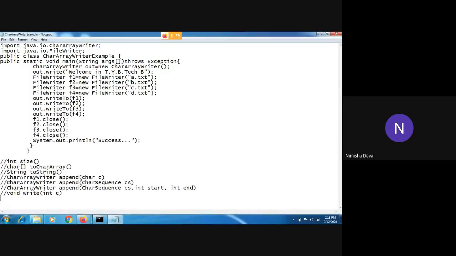So I will directly move towards this program. You can see here only two streams are used, so you can mention those particular streams, because I am showing here all the possibilities you will use in your program. You can write star also, or you can specify those particular streams. First I have created an object of a character array writer.